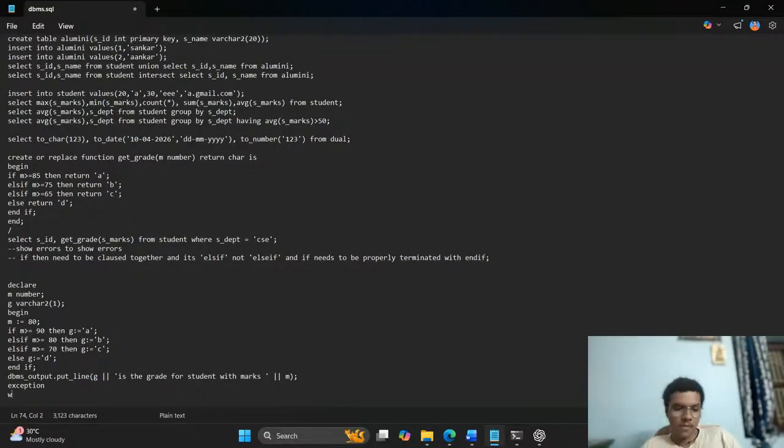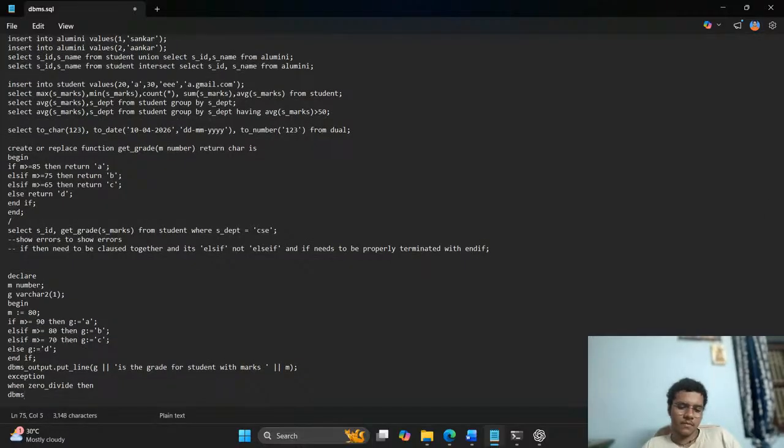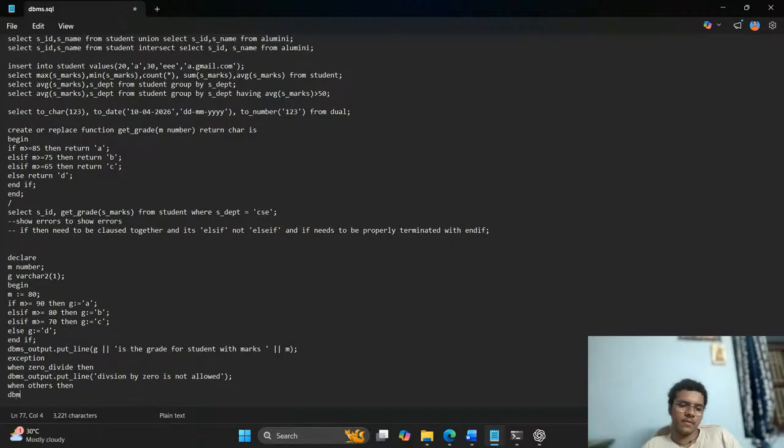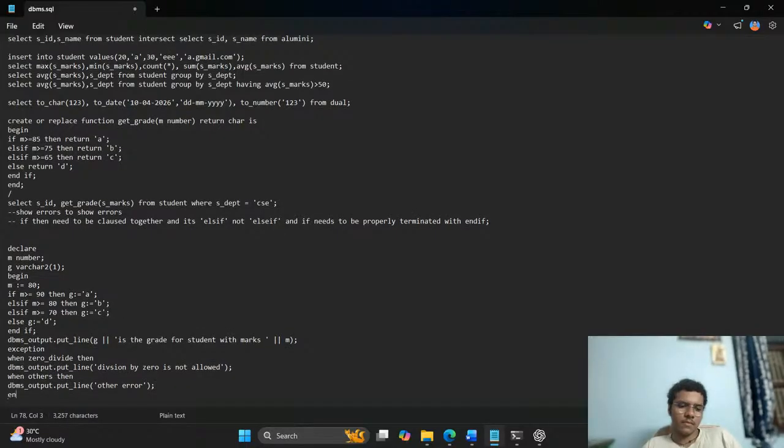Exception when zero divide, then DBMS output: not multiplying the original is not allowed. When others then DBMS output: not multiply other entries, and